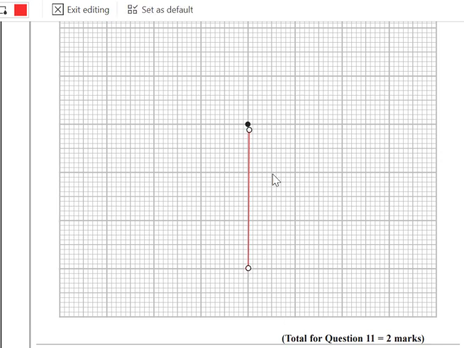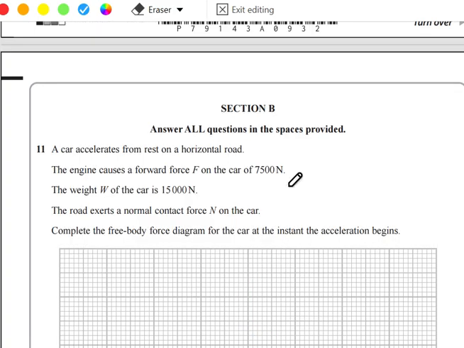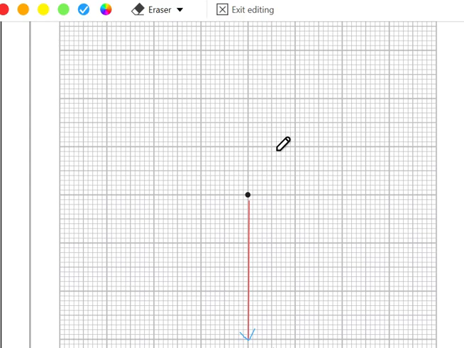Okay. This is the weight, and we have forward of 7,500, which means one big box plus a half. Okay,